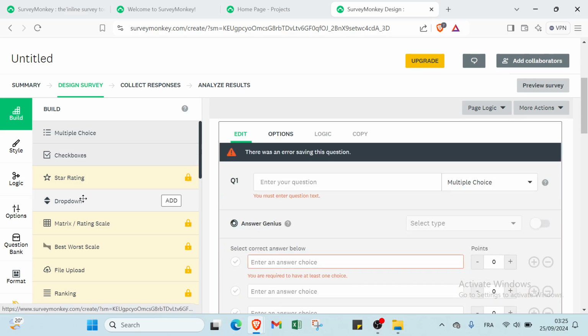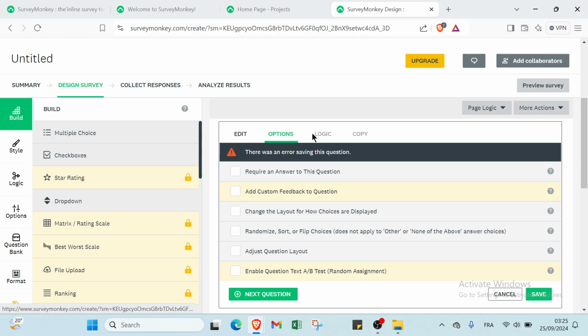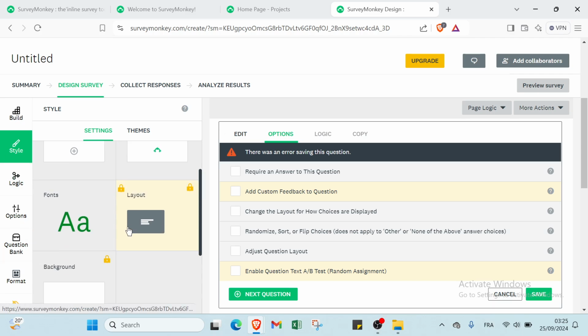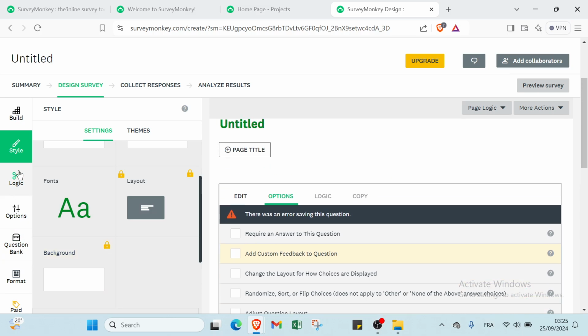Then we have also a drop down, options, logic here, copy also. Then we have your style. About the style, we have settings and themes. We have your logo, footer, font, layout, background also. Then we have your logic,